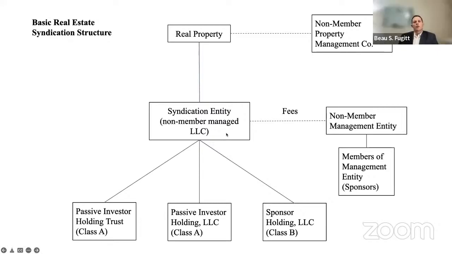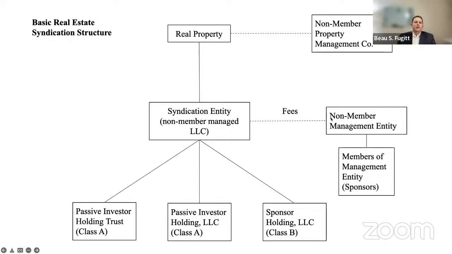Oh, sure. So it's how I would do that. I would set up a different entity. Again, it's one of those cost benefit analysis, risk reward analysis that you just have to make and determine, okay, is it worth setting up another entity that's going to handle the property management as opposed to having the non-member manager actually manage the real property too.